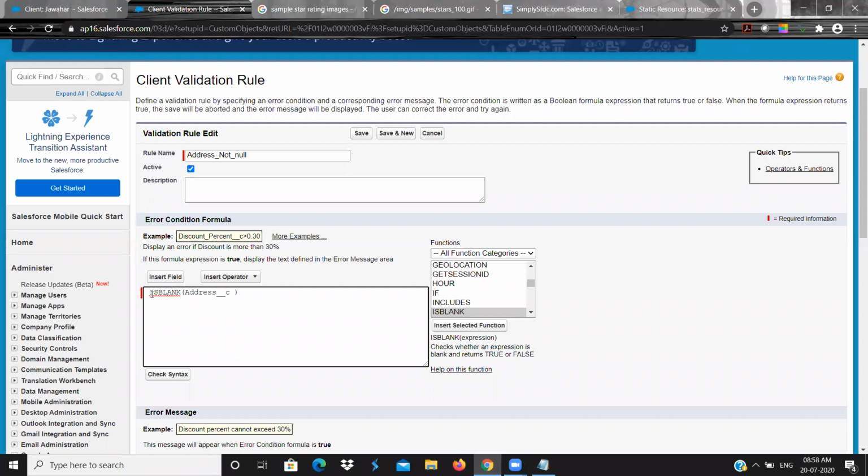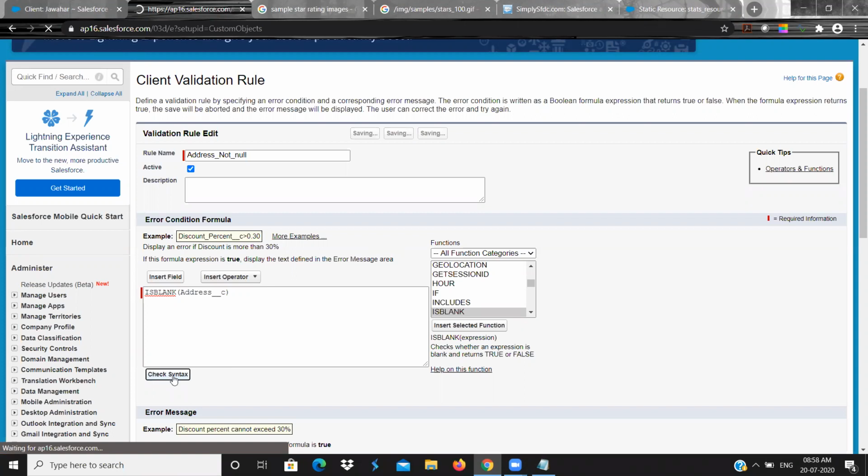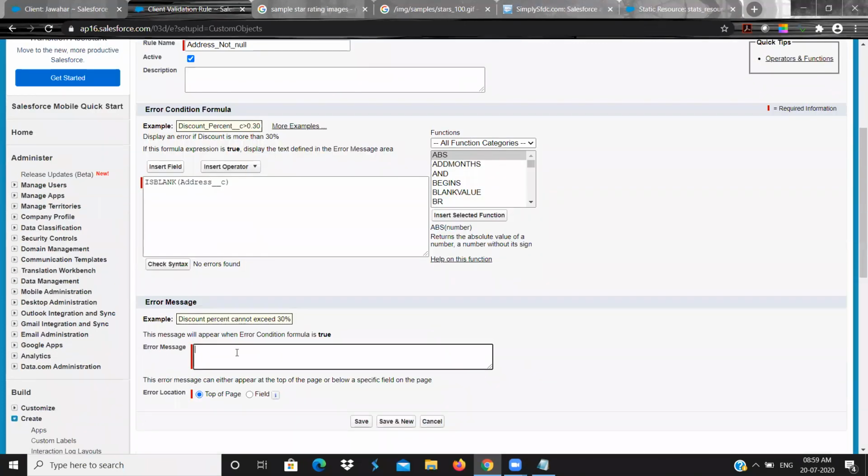So it will check whether the address is blank or not, and if the address is blank, it will throw the error, because if the formula expression is true, display the text defined in the error message area. So the error message that I am going to give is, address should not be empty.